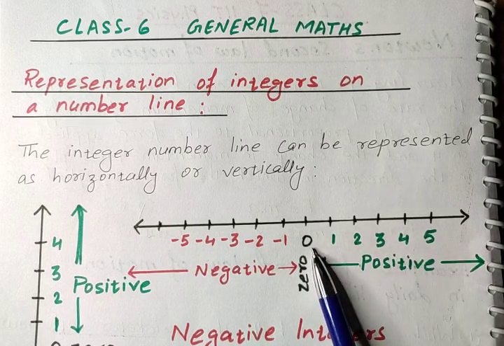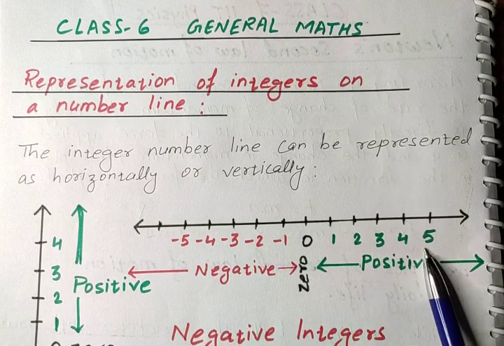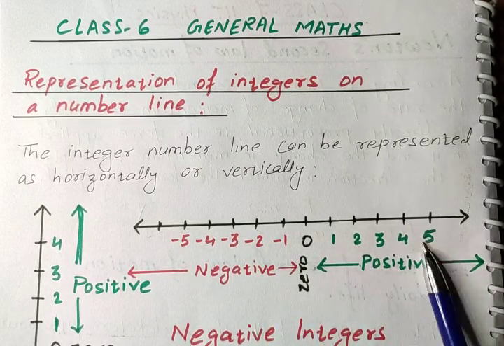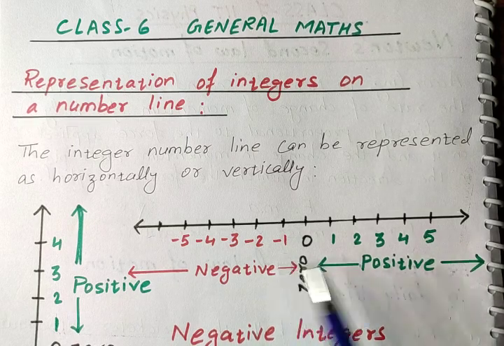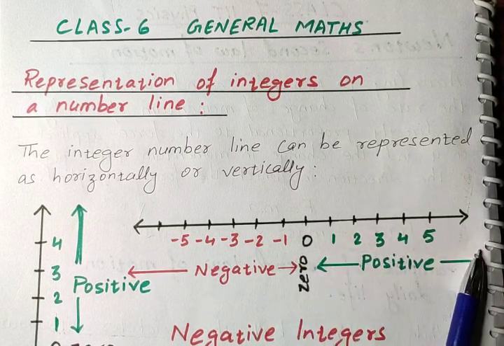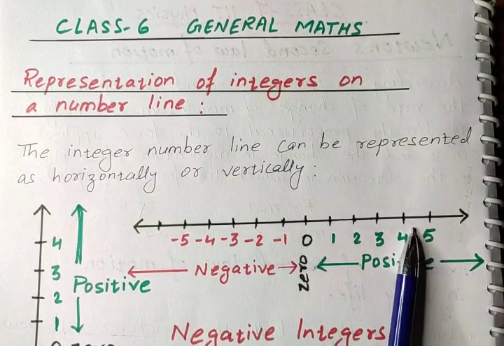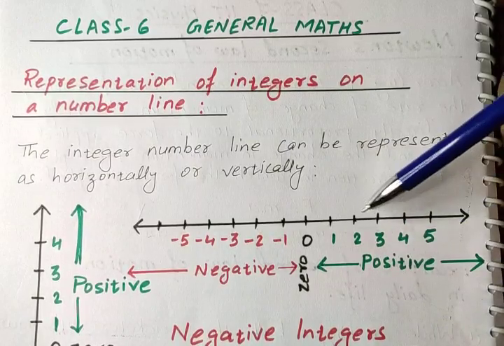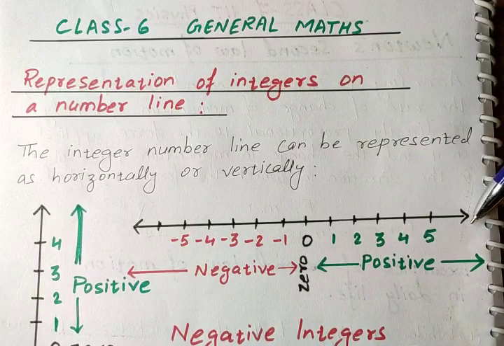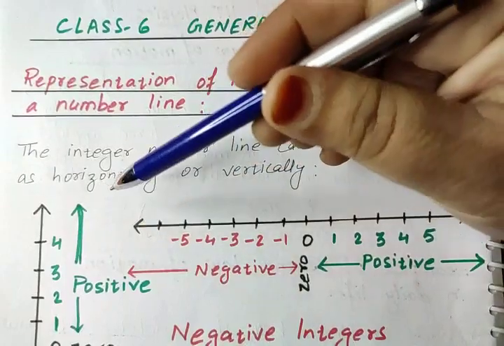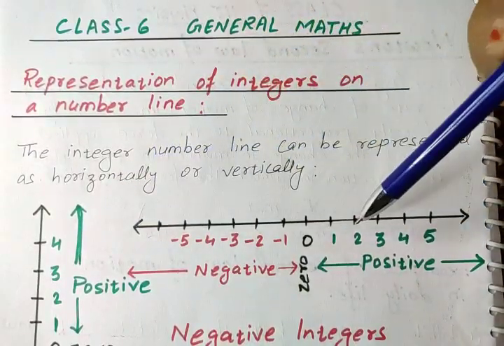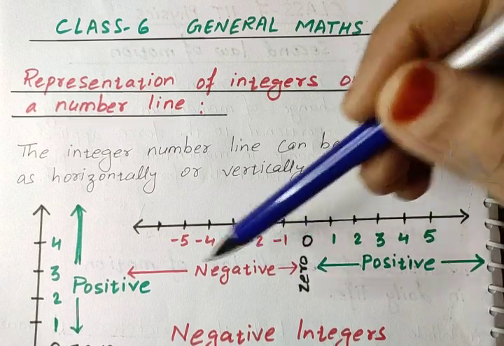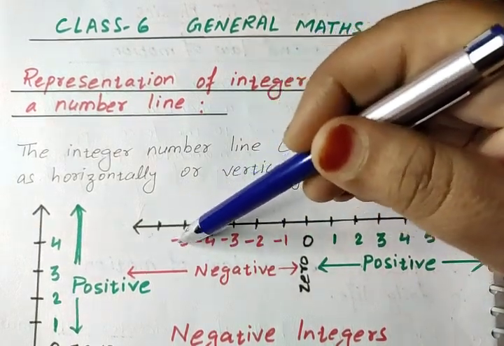Is it not? 0 is less than 3, 0 is less than 5. Why? Because 0 lies on which side? Left of 5. 5 is greater than 0 because 5 lies where? 5 lies right of 0. So the numbers on the right side are greater than the numbers which are on their left. Clear? Understood now children? When we go right side, value increases, and when we go left side, value decreases.